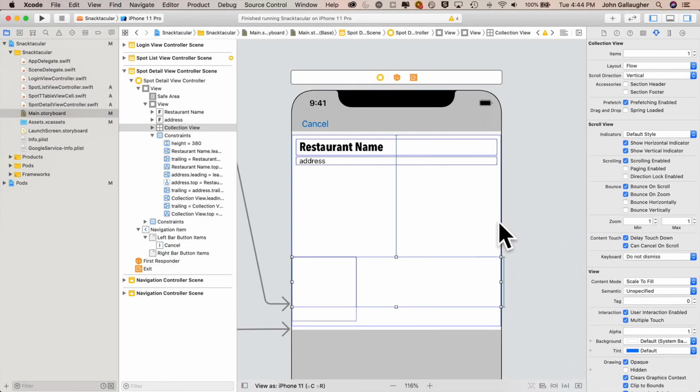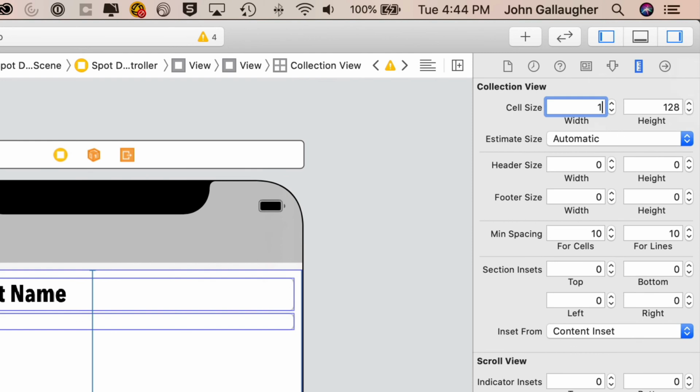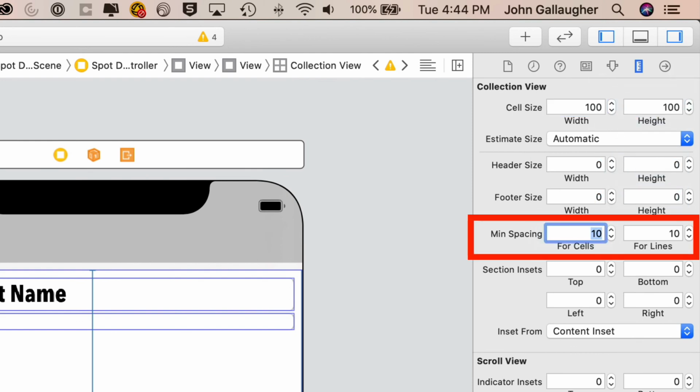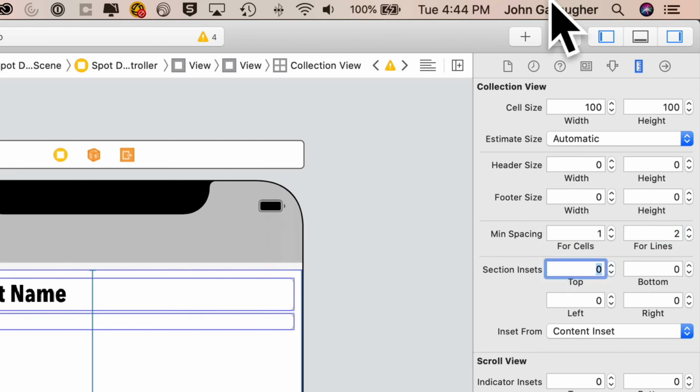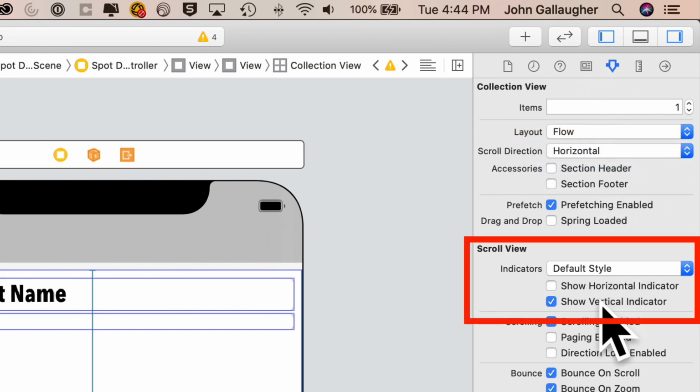Then with the collection view still selected, head over to the size inspector. We're going to set the cell size to 100 width and 100 height. Then we'll move down to minimum spacing, and we'll say for cells is 1 and for lines is 2. Then we have to set some attributes, so click on the attributes inspector. And for our scroll direction, we're going to set that to horizontal. And down here under scroll view and indicators, we're going to check off so that there are no horizontal or